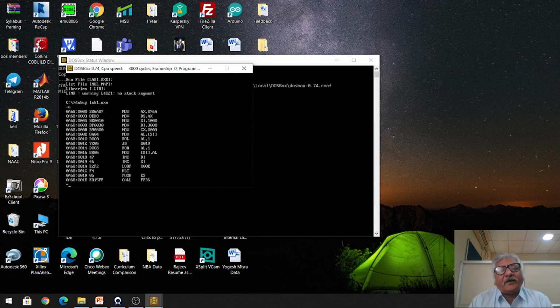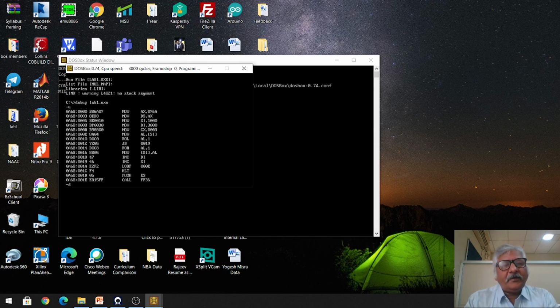Then you see the next instruction, MOV SI, 1000H. Here the offset address of our source data will be stored in SI. It is 1000H because you recall we have written org 1000. That's why the offset address of our data starts from 1000H. Now in the next instruction, MOV DI, 3000. You recall we have written org 3000 for the result, so this 3000 offset comes here. Right, so I will first show you the data at offset 1000.